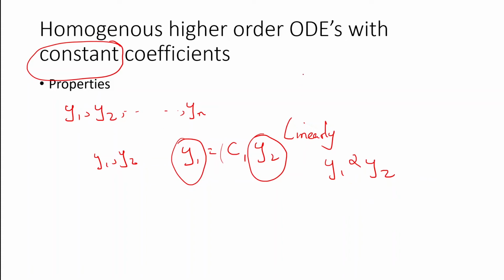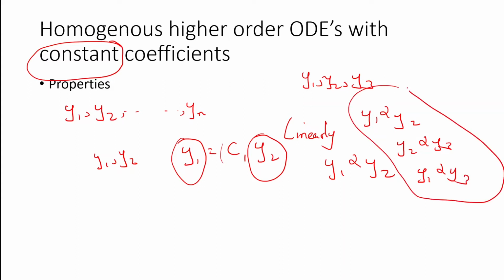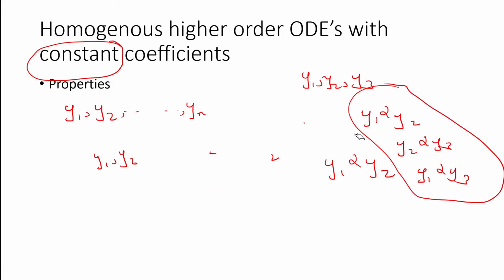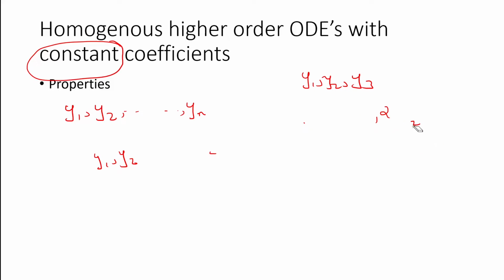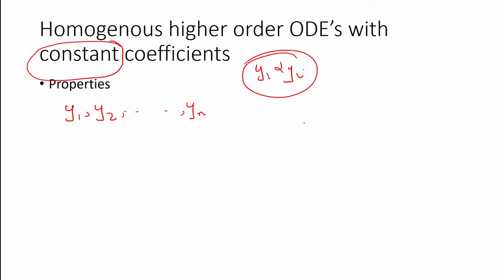If however there are three functions y1, y2, y3, let's assume, then if y1 is proportional to y2, y2 proportional to y3 and y1 proportional to y3, then these functions are linearly dependent again. Similarly, you can extend this to n such functions. If all of these functions are proportional to one another pairwise, then they are linearly dependent. But as you might see yourself, it's very difficult to gauge linear dependence for more than two functions. y1 proportional to y2 we can see, but after that it's not easy to see.